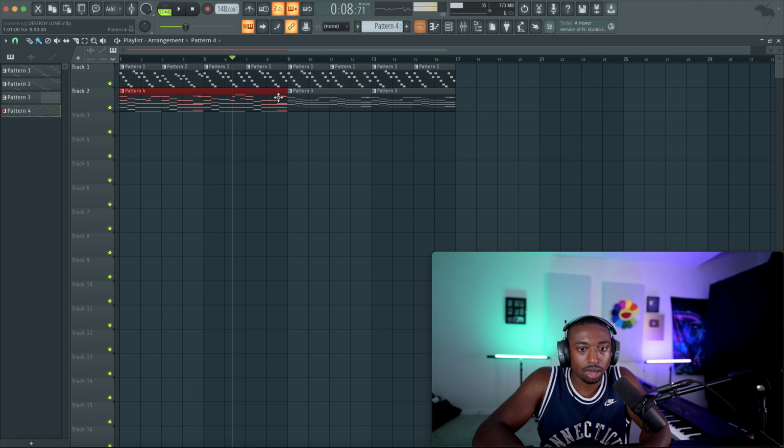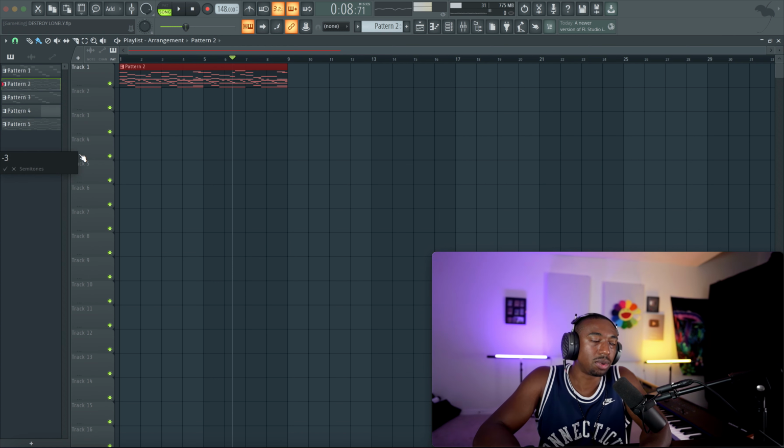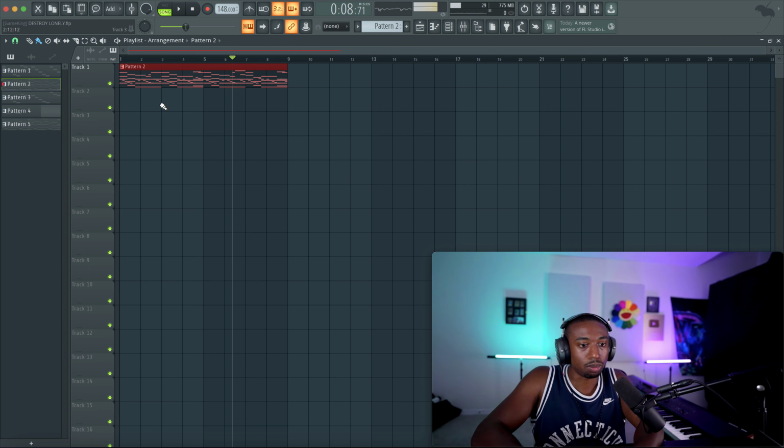Now, I like this sound, but I also want to try out different scales. Let's combine all these, hitting Ctrl G. And what I like to do is on the left side of the playlist, right click to transpose the key. We've got to be careful because Ample Sound Guitar uses key switches. So if we go too low, we could trigger different key switches. So let's just do -3.